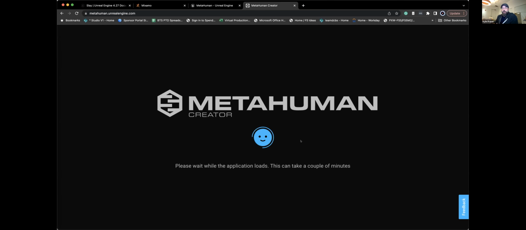And you can put in how tall they are. You can put in how much they weigh. You can design their eyebrows. It's really kind of bonkers, the level of